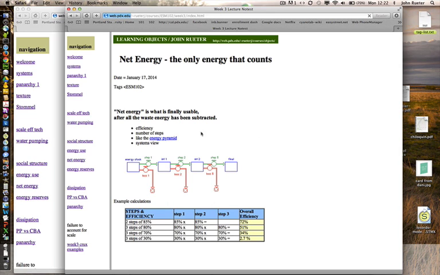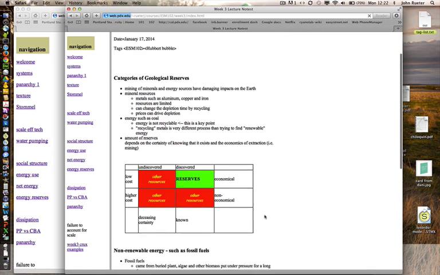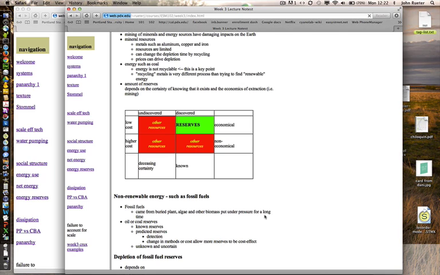Now, as another point about fossil fuels, we need to understand where they come from, because we're talking about petroleum, coal, natural gas, these forms of fossil fuel. And we often hear them talking about reserves. And for the reserve, really, there are several characteristics. I'm going to show you 2 graphs, or 2 visuals, on this. One is this one that's right in the notes. And here we have